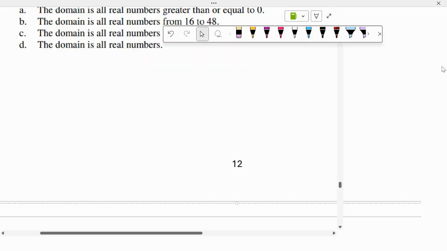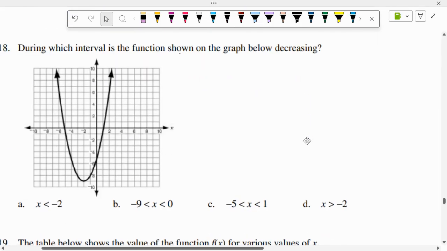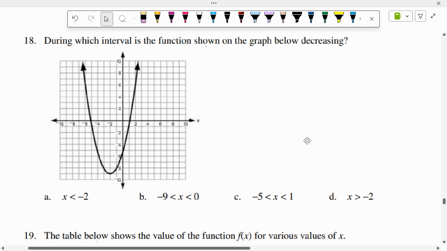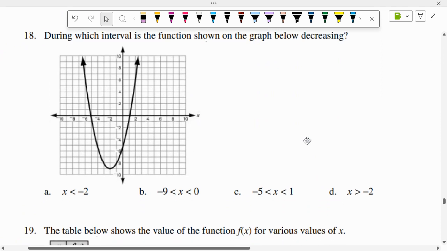I'm scanning my answers because we are never going to get through this. During which interval is the function shown on the graph below increasing? So you guys had this exact question. It just wasn't a multiple choice question on your test, right? What does it mean that the function is increasing? It means that the y values are starting to go up instead of go down. And the change in direction happens at the